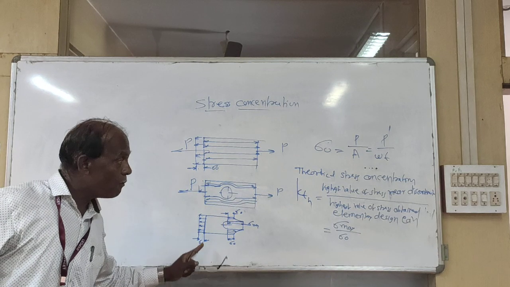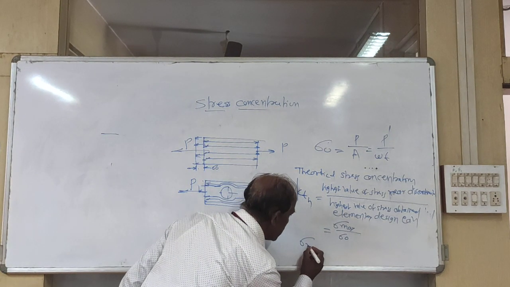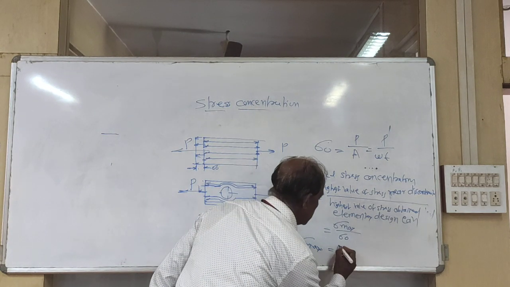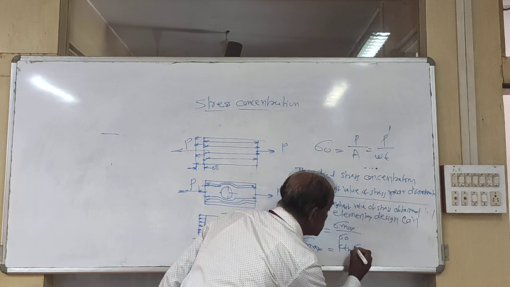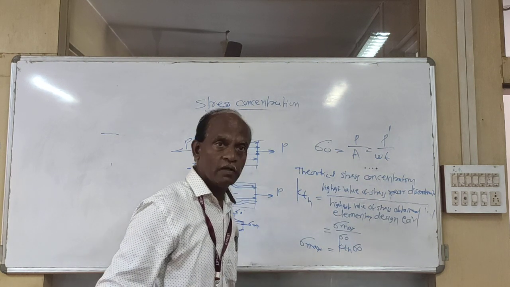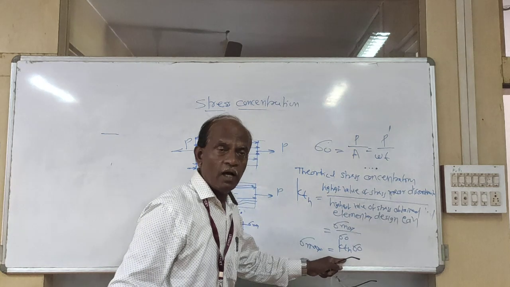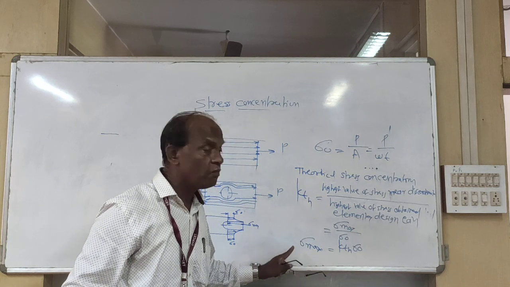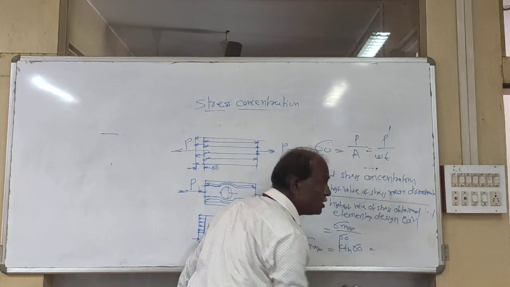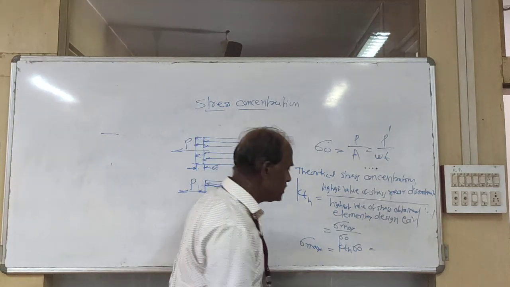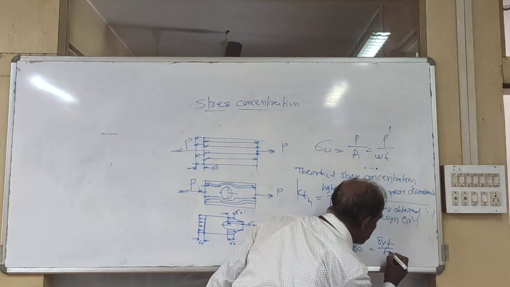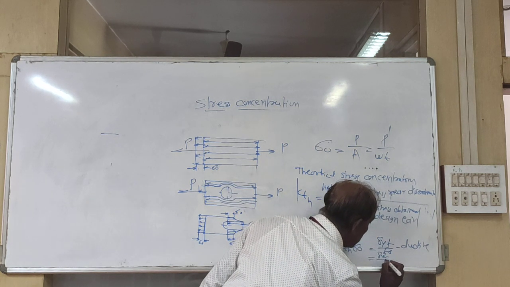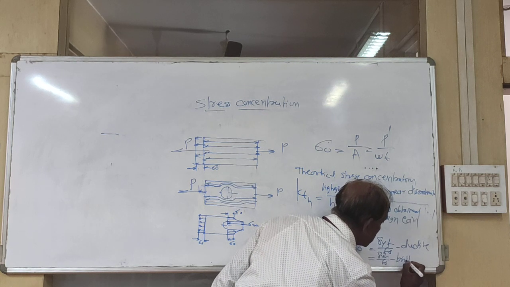Okay, so you have to design the component for maximum stress. So the maximum stress induced in the material, that is the permissible stress, is equal to what? Your theoretical stress concentration factor into sigma naught by this equation. This theoretical stress concentration for a standard component is given in the catalog, and this maximum value of stress is nothing but the permissible value of stress, depending upon the criteria of design: in case of ductile material, yield strength by a factor of safety; for brittle material, SUT by factor of safety.